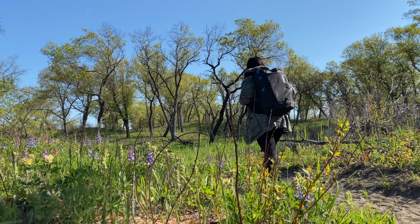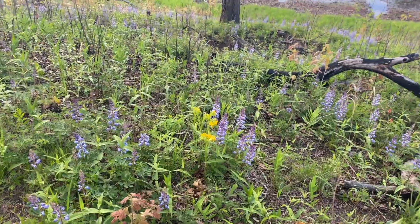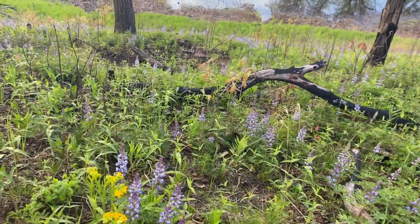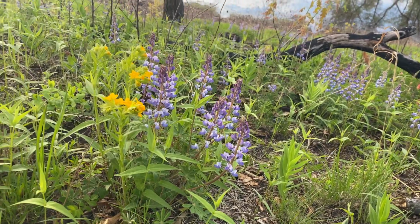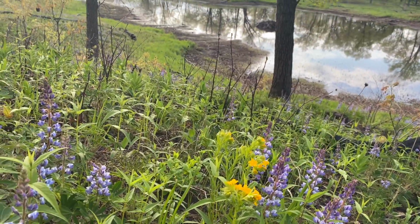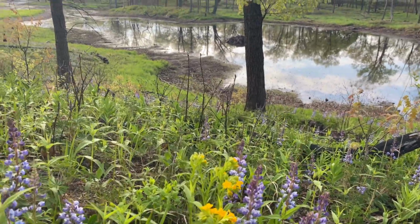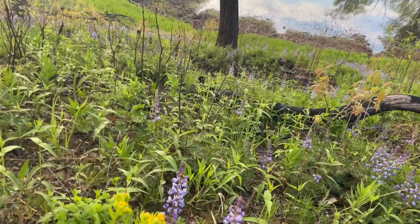Alright you guys, so I am at the top of this little dune here. There are these lupine here, they're not quite at peak. You can see the tops of them are still closed up, waiting to bloom. And next to it I have some hairy puccoons, a yellow, beautiful flower here. And I am wanting to take a picture of